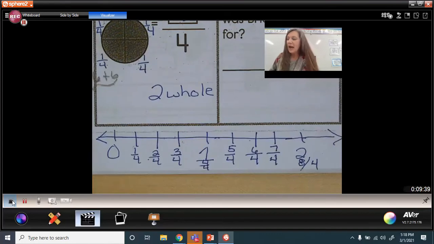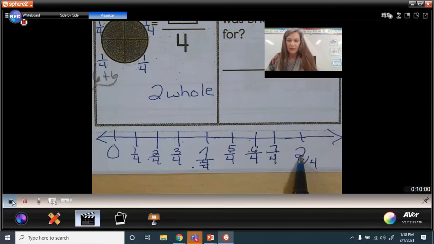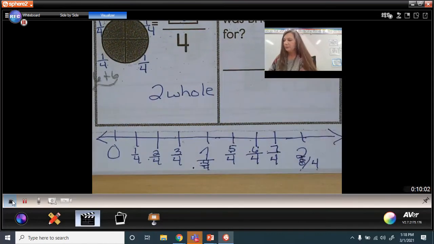So we keep just adding on to the numerator 1 more fourth every time we count another fourth onto the last fourth. Now, like a ruler, we could also say this is 1 1/4, 1 2/4, 1 3/4, 2 whole inches if you were talking about a ruler. Okay,